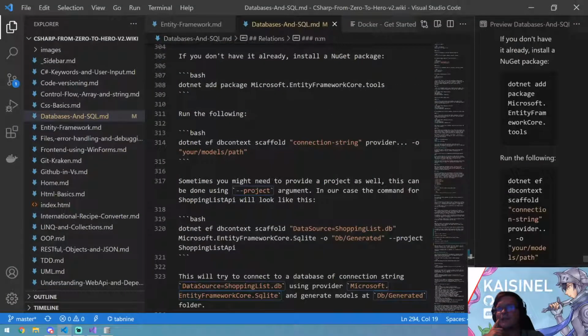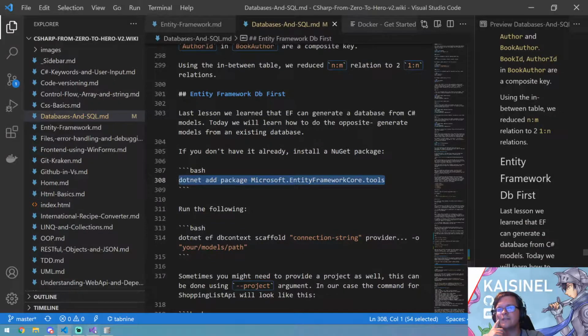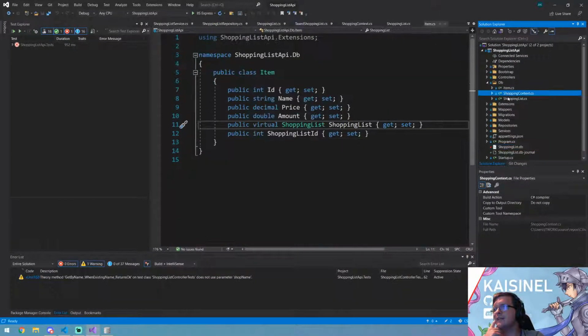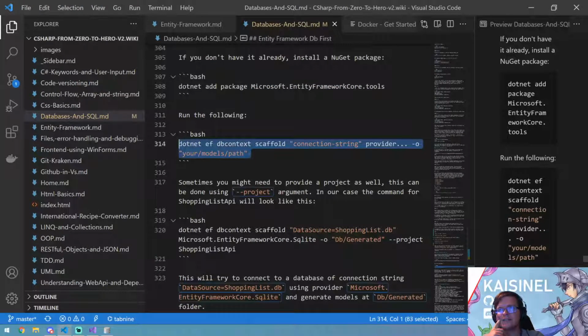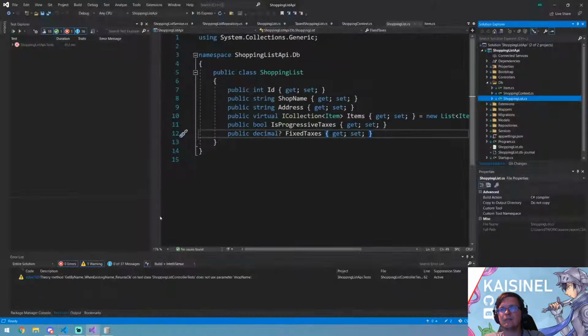Anyways, if you want to generate database models like we have here, make sure you have this package installed, Microsoft Entity Framework Tools. And this allows us scaffolding database. And what that means is converting database into models. So if I copy paste this into a command line,